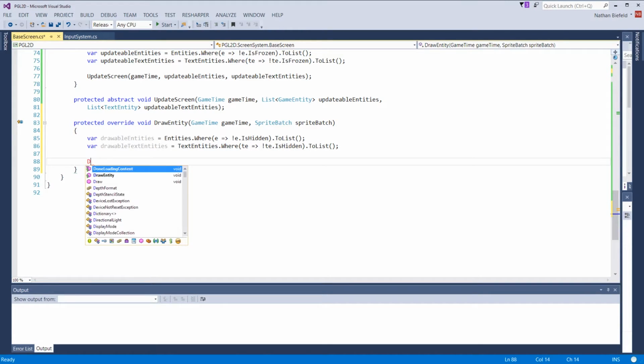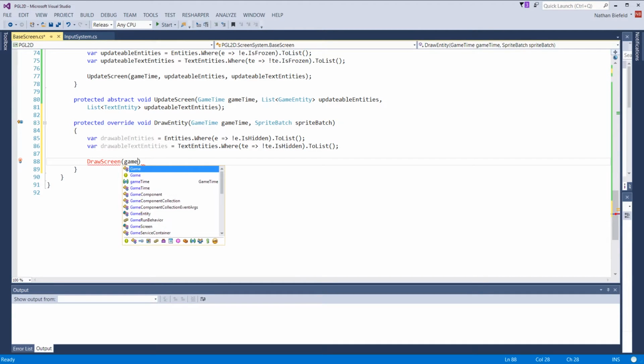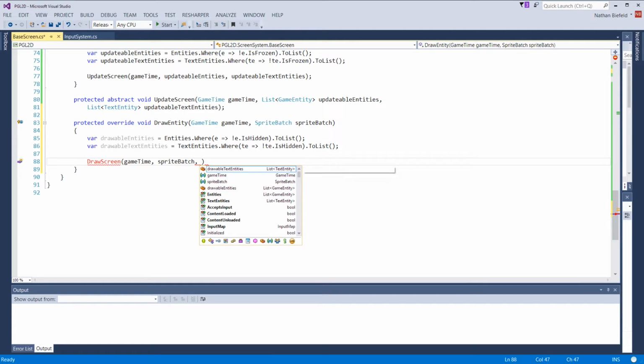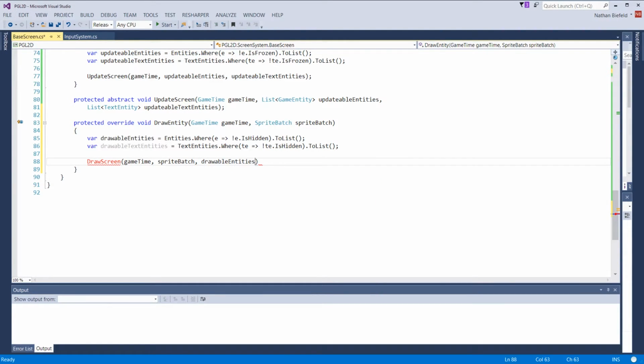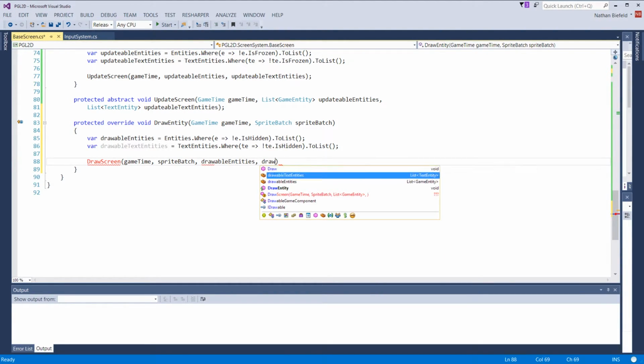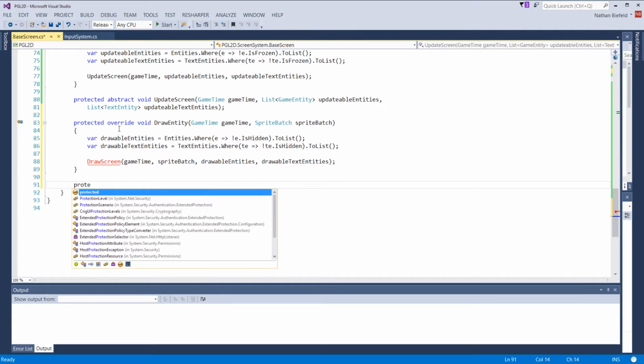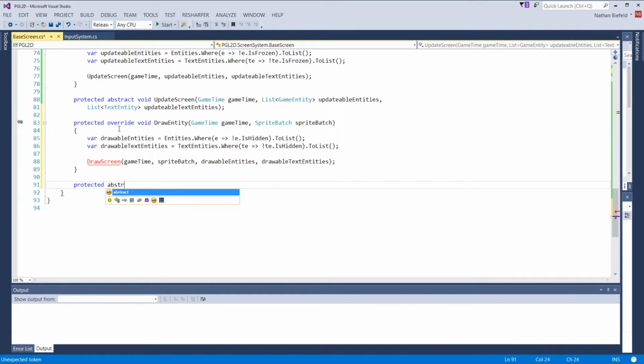We're going to call DrawScreen, gameTime, spriteBatch, drawableEntities and drawableTextEntities. Let's go ahead and create that method now. It's just going to be the same thing as UpdateScreen. Protected abstract void DrawScreen, GameTime,